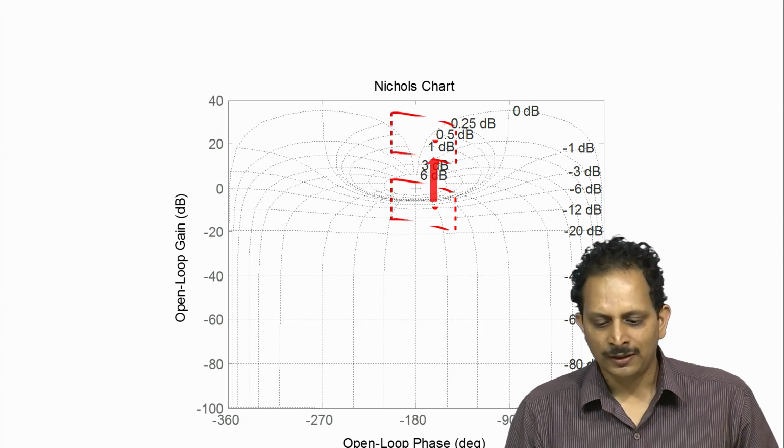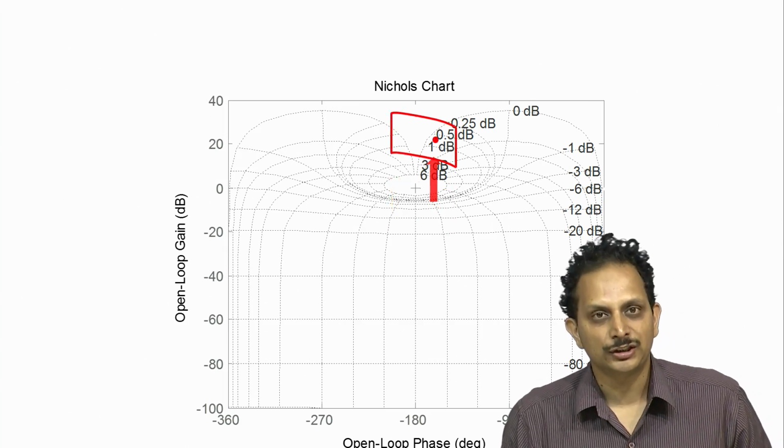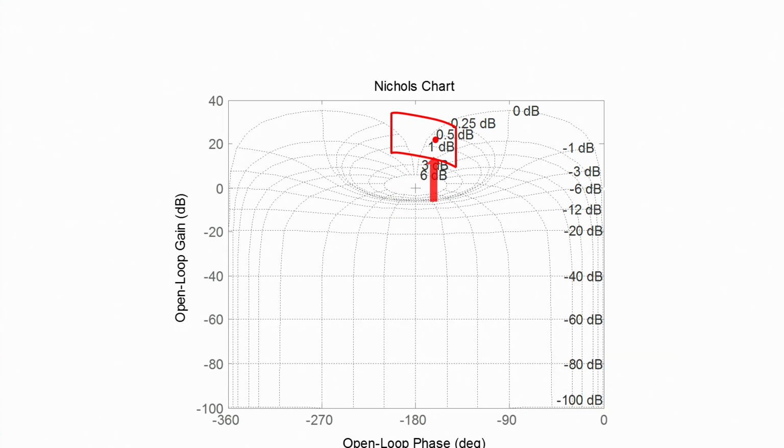It so happens that when the plant template moves to this particular location in the Nichols plot, we discover that the minimum value happens to be 0.2 dB, which occurs at the left top extreme of the plant template, and the maximum value happens to be 2.5 dB, which occurs close to the bottom corner of the plant template. So at this particular location of the plant template, we would have the maximum difference between the transmission functions for all possible values that the loop gain can assume within this region to be at most 2.3 dB.